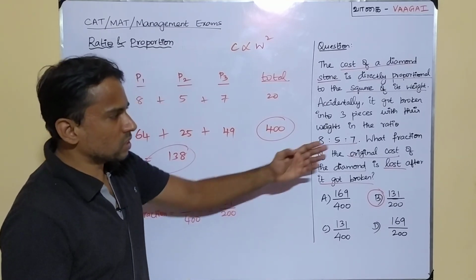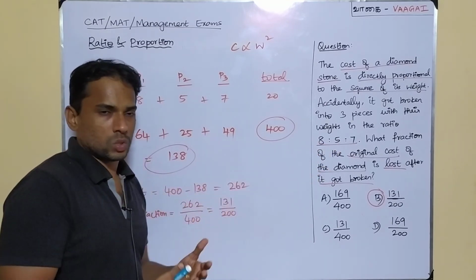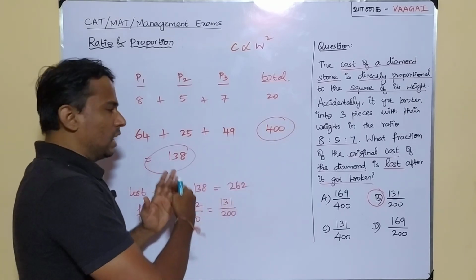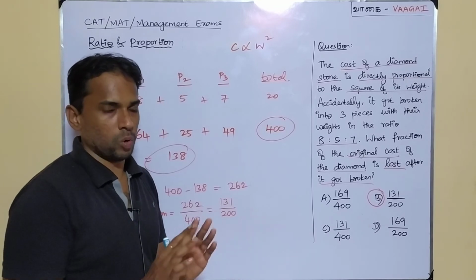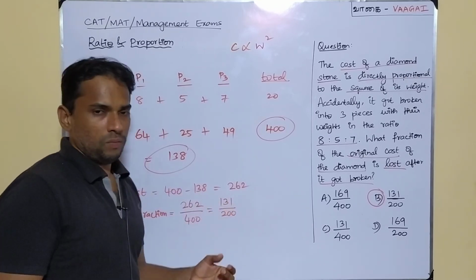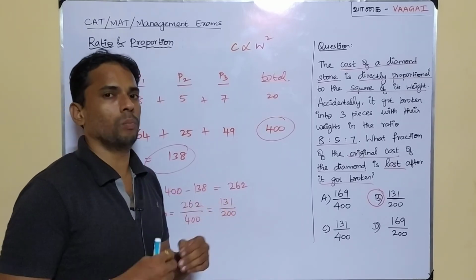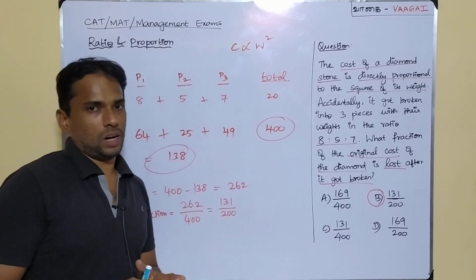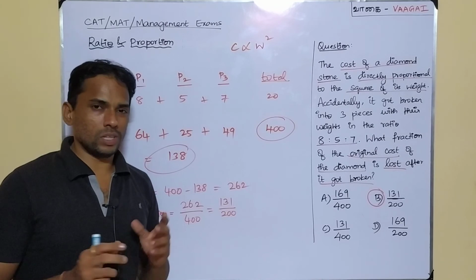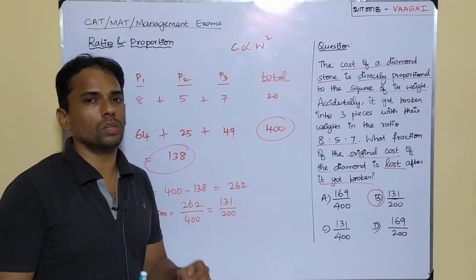Why? Because we are just asked to find what fraction it is. What fraction it is, in the sense that it is enough if we have the same units. That's all we need to worry about. Nothing else is needed, so we need not complicate it. There's no necessity to complicate this problem at all. In an easy way we can solve and get the answer. I hope you are able to understand the method, the approach, how we solve this problem.